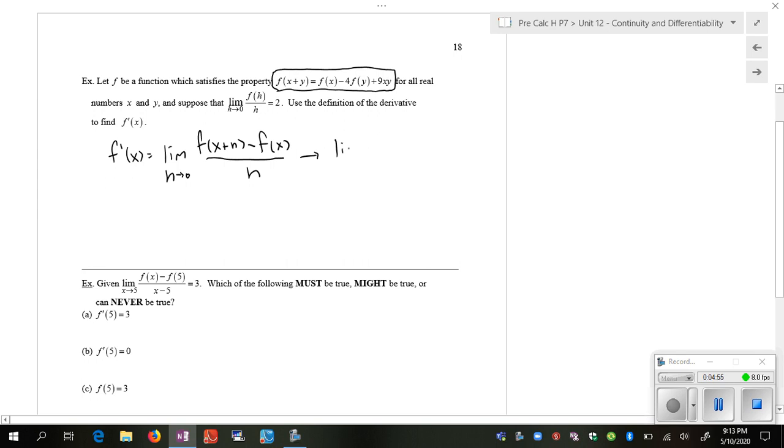I could just replace all the y's with h's, so I could rewrite this as the limit as h goes to 0 of f of x plus h, which is now f of x minus 4 f of h, I'm replacing this with an h, plus 9xh, again replacing my y's with h's. So that's f of x plus h minus f of x